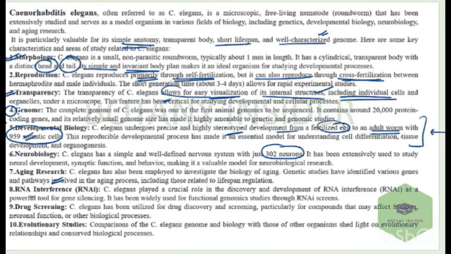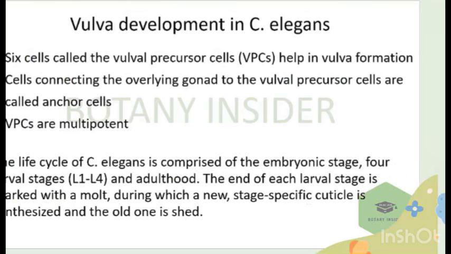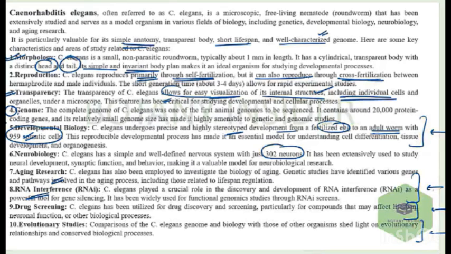Then RNA interference, so they can help out in a number of genomic studies, in the drug screening, and in evolutionary processes as well. So various different characteristic features are there for all of them. Remember about this and go through this particular thing. Then we'll start with the main vulva development features, like how does the vulva development occur and everything. Quickly go through this everyone, then we'll proceed forward.